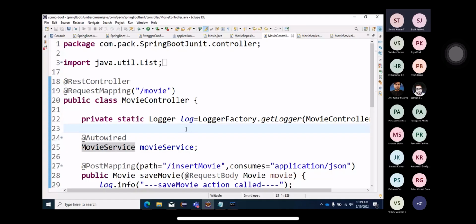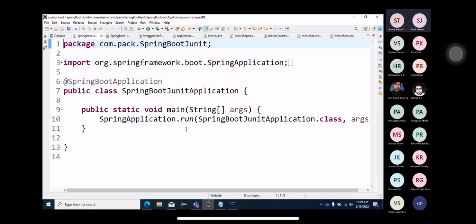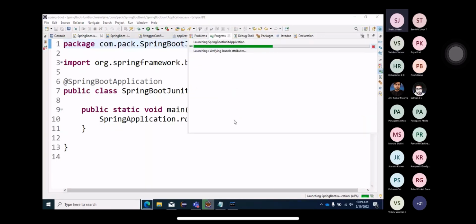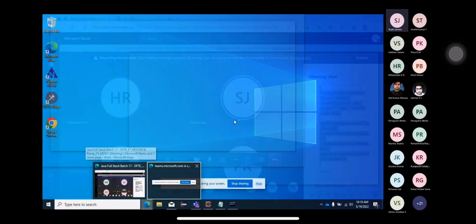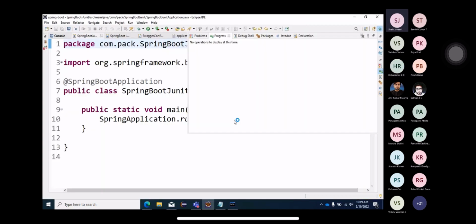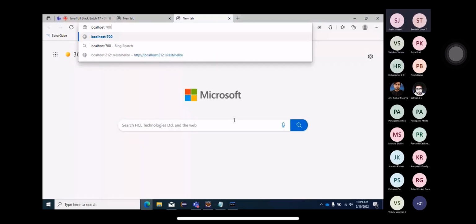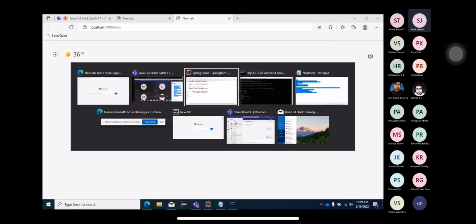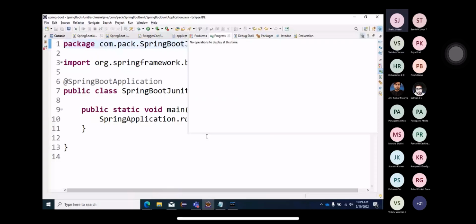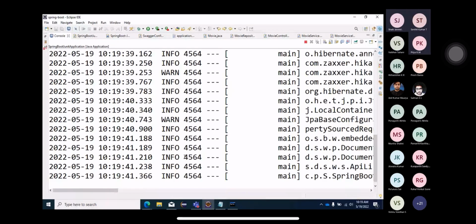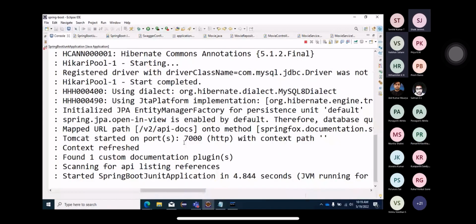Okay. Now everyone start your application. Just start your application. Started, sir. The application is started in which port number? 7000. So in the last sessions, whenever you start your application, you might be in the